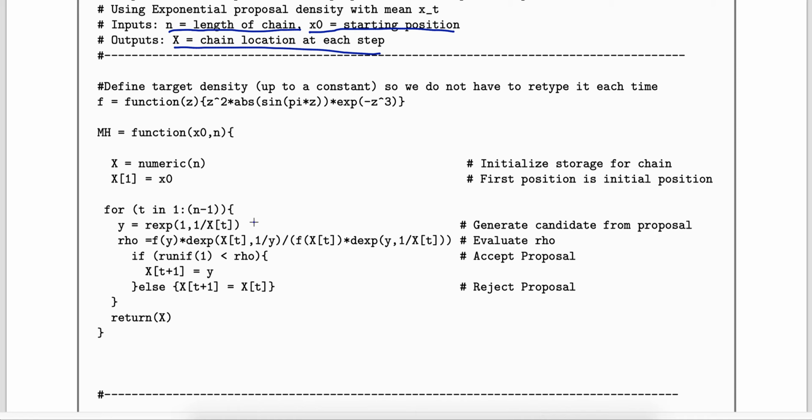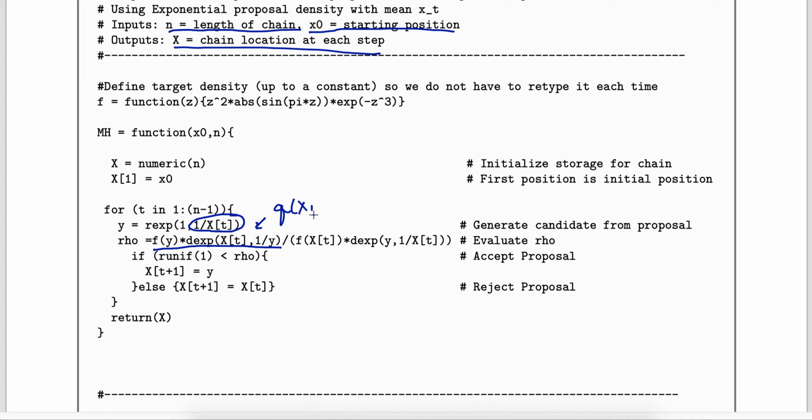All right, so first step, generate our candidate from the exponential distribution. And notice my parameter is based on where I currently am, so 1 over x t. Then rho, let's define this ratio. So I've got my numerator here, and remember that had two parts. Our target distribution evaluated at our proposal. So I've defined the function f up here, so I'm just going to keep this a little bit clean, f of y. And then this was q